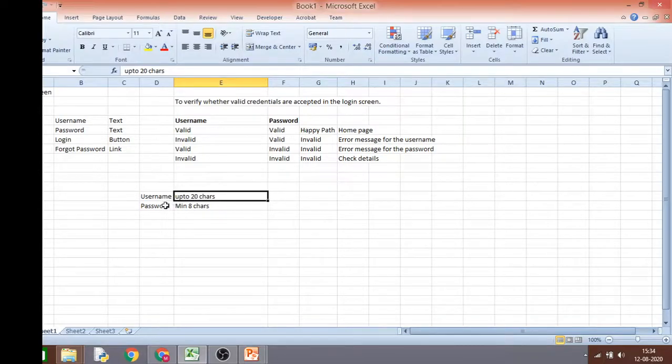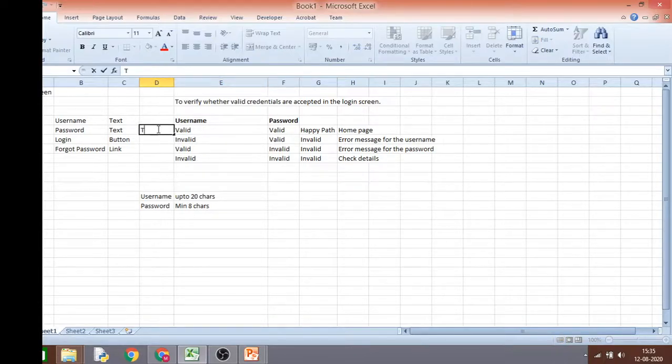And even if you're going for the password, the same thing will happen. So if you apply your boundary value analysis and your equivalence partitioning, your test cases would just go on and on and on. But these four combinations would at least make sure that you have validated most of your scenario.